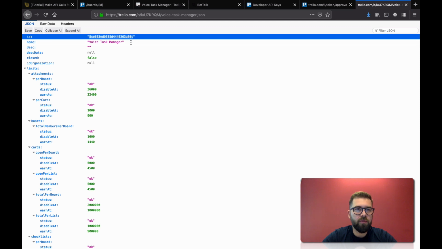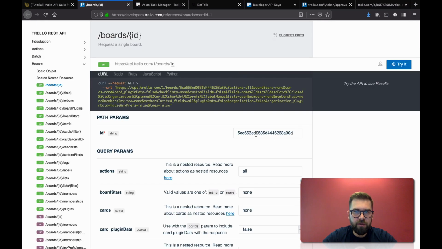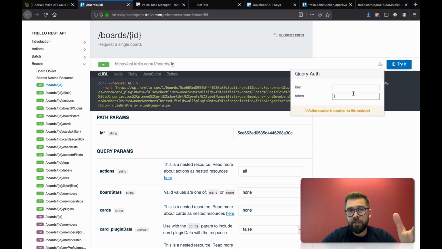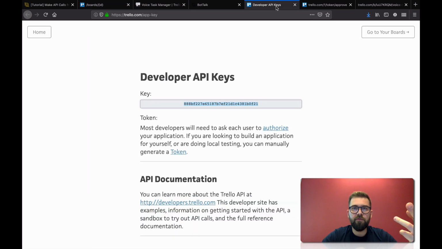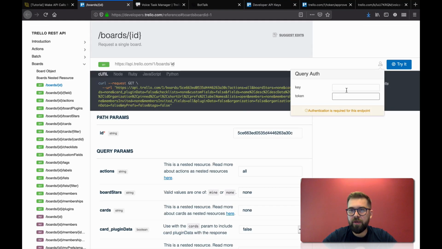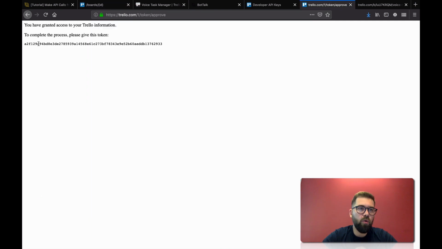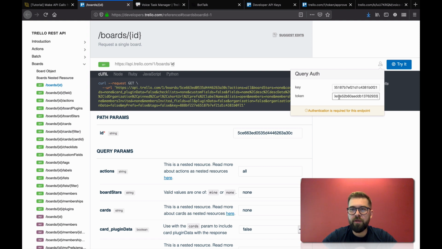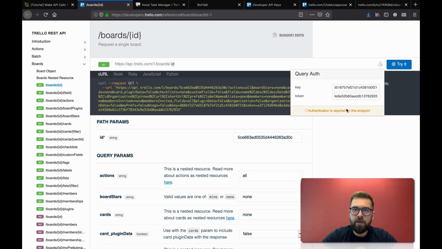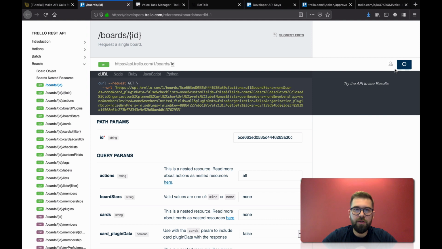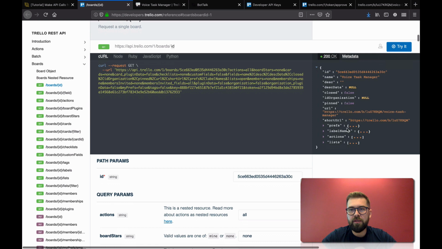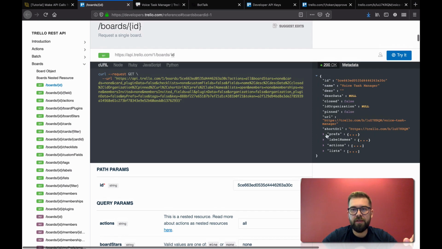So the ID of the board, we copy that, and we can paste it in this field, and we can try it out right in the documentation. And for trying it out, we need those two pieces of information. We need the API key that we can just go ahead and paste here, and we need a token that we just generated. So we can also copy and paste it right here, and that's it. And now we can try it out, and it is making the request, and boom, it has made a request. You've got the whole data,